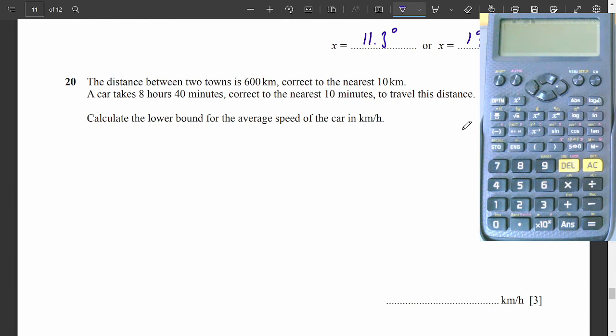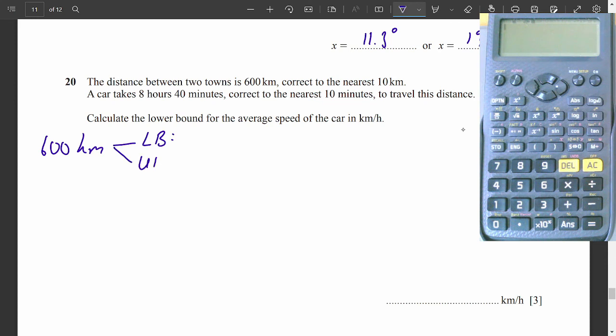And always be aware that there could be a trap. Right, the distance between two towns is 600 kilometers, correct to the nearest 10 kilometers. So when you see it correct to the nearest 10 kilometers, it means 600 has been rounded. We need to find the upper and the lower bound. So let's start with that, right? 600 kilometers. We want to find the lower bound